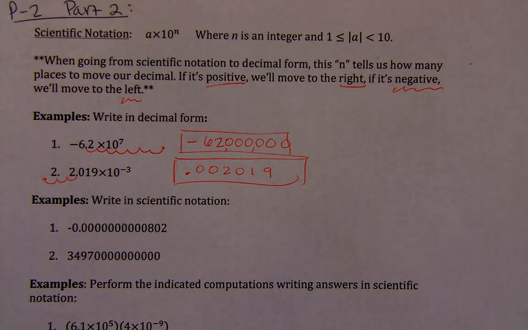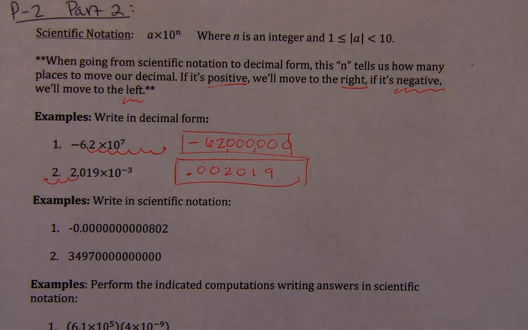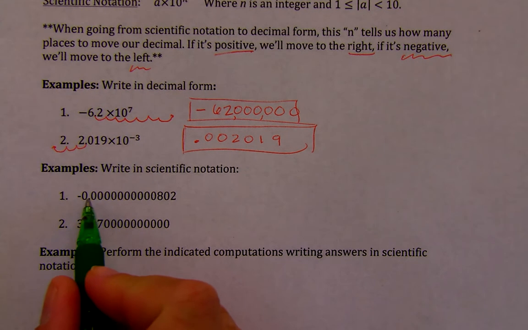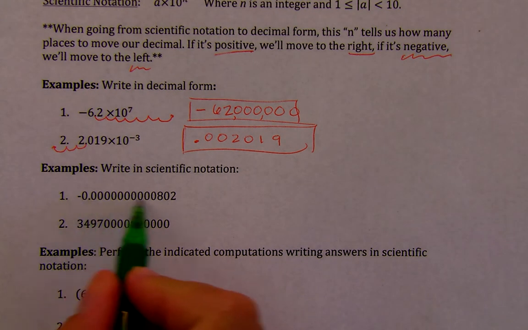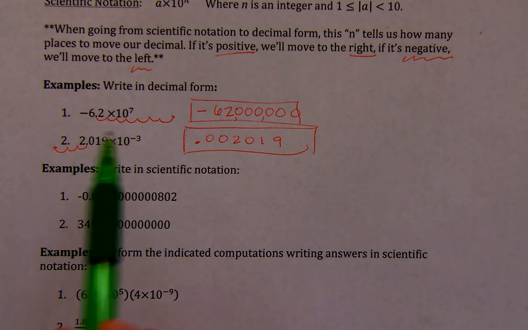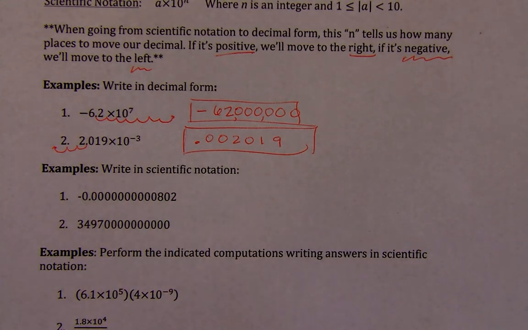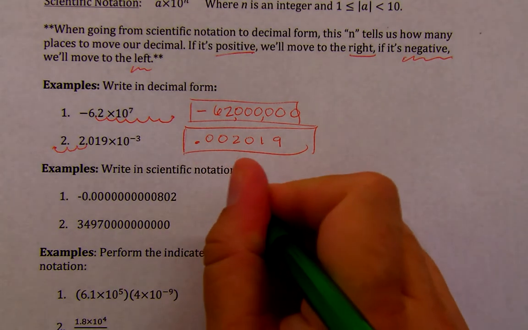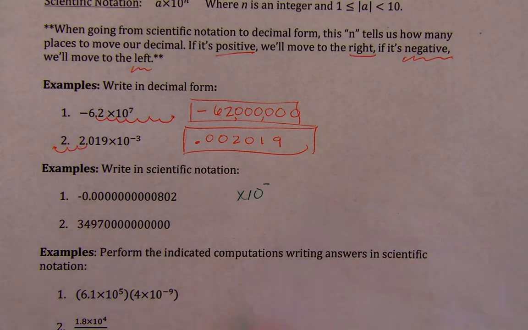Now looking at these next examples, we're doing the opposite. We are in decimal form. We want to write it into scientific notation. So we're going to be doing the opposite. So right now, I have a very, very small decimal here, and so that's similar to our second example above, which tells me that my exponent's probably going to be negative, and it's going to be a negative value up